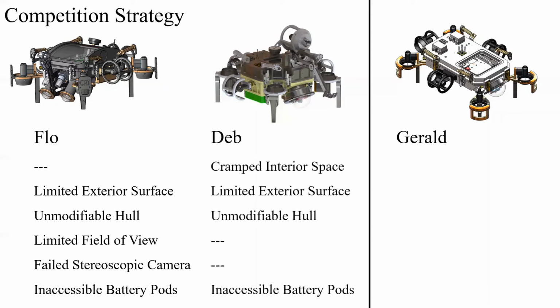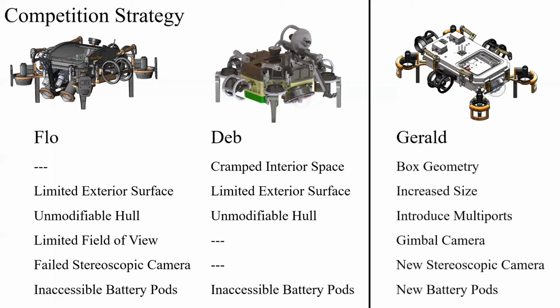Deb addressed some of these issues, but not all, and introduced some new ones, such as a cramped interior space, limited useful exterior space, and again, inaccessible battery pods that Lorenzo will discuss in more detail. Deb did, however, discard the fixed stereoscopic cameras and replace them with a directable camera gimbal with a larger field of view. Learning from these issues and achievements, we designed Gerald with Flo and Deb's best qualities and introduced some